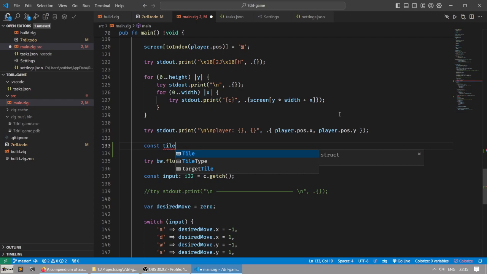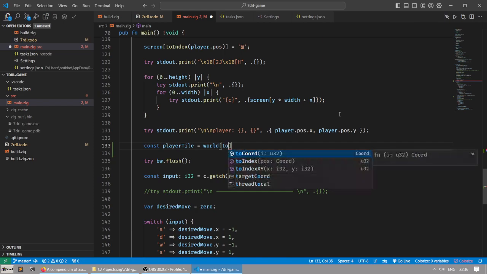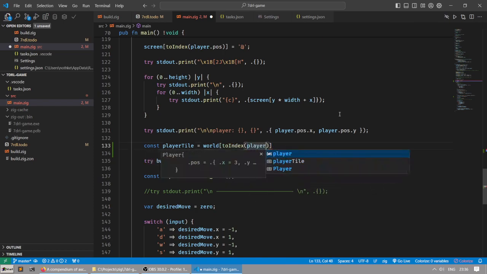Let's say player tile. The player tile is simply world and then to index player position. Okay, that is my player tile,